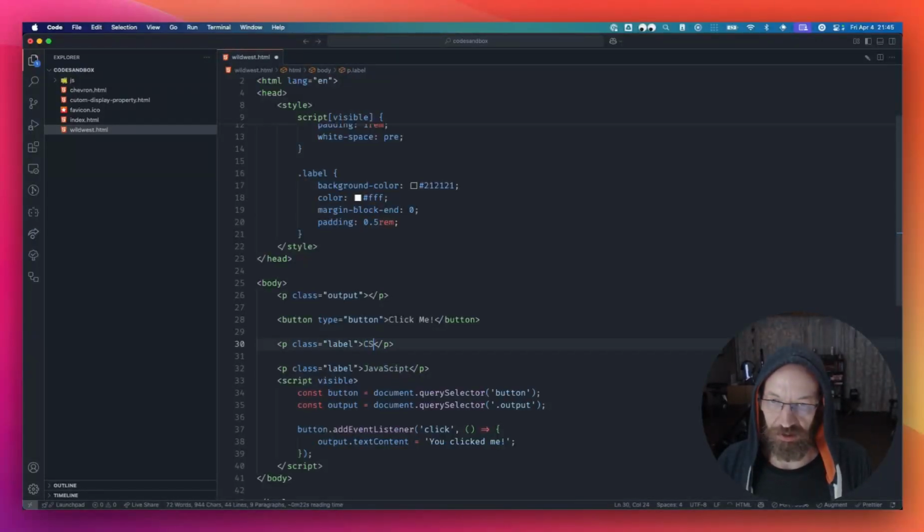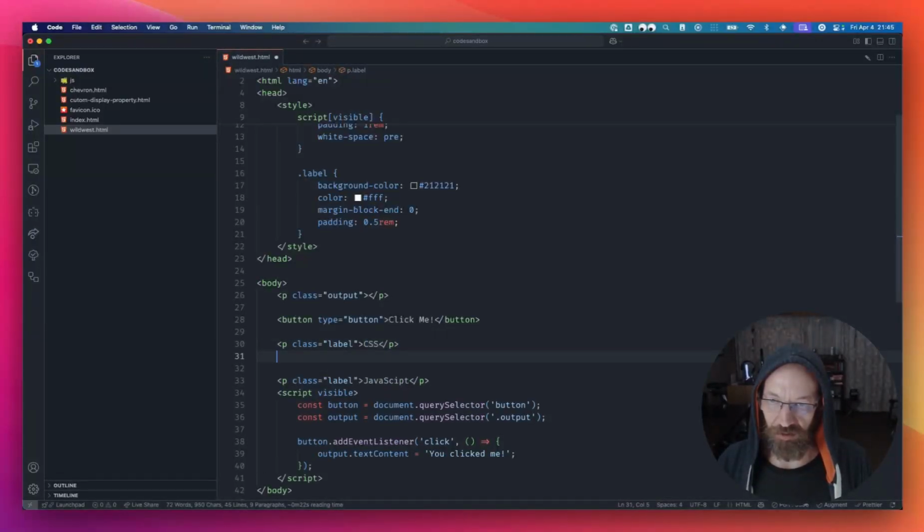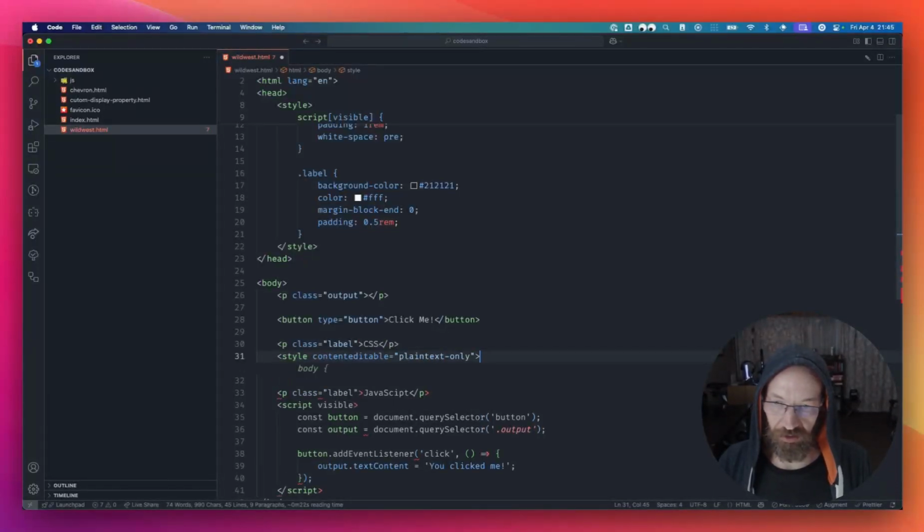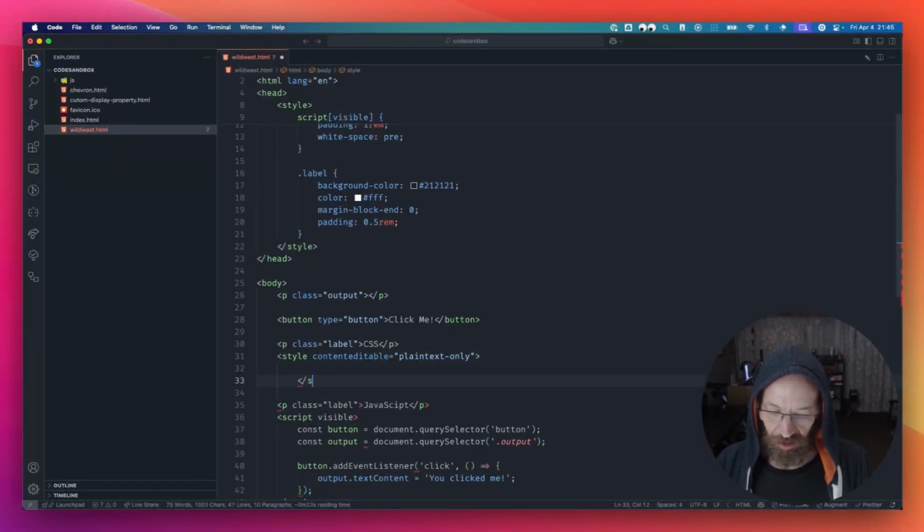This time we'll say CSS, and then we're going to do style, but this time not visible. Content editable equals plain text only. This is critical. And then we'll do that. And then we'll do